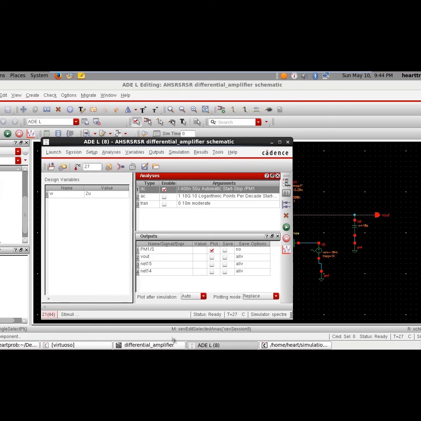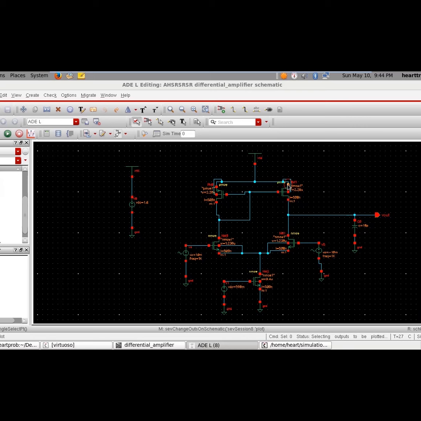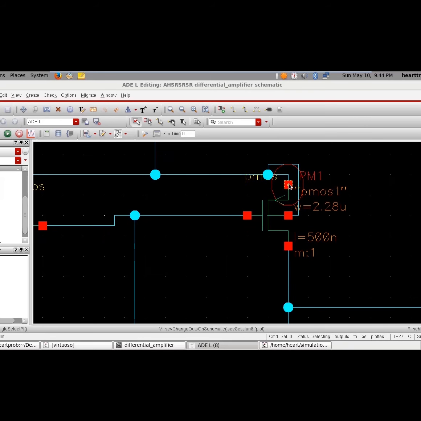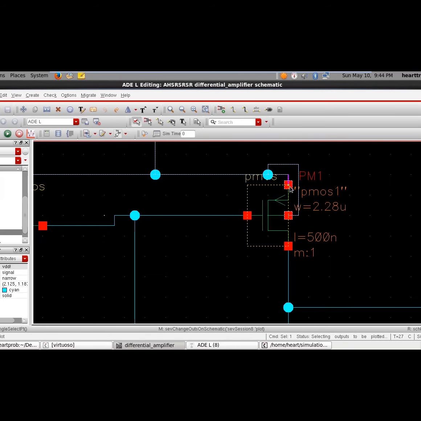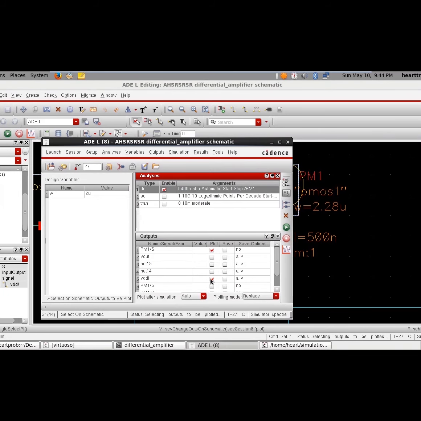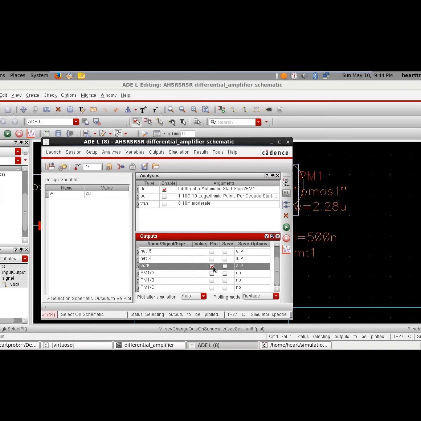So I'll select the output to be selected as PM1. That is the node where I'll select it. I want only PM1. Oops. PM1 is all that's needed. So I'll delete everything. VDD, these are not required.